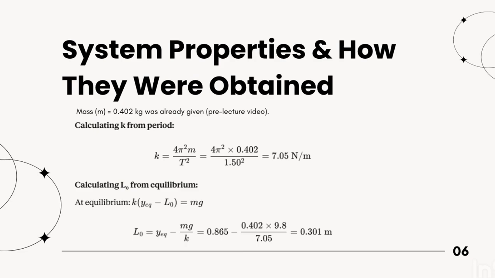Now let's discuss how we obtained each system property. The mass of 0.402 kg was provided. To find the spring stiffness k, we used the relationship between the oscillation period and the spring constant. Rearranging the spring formula gives k equal to 4 pi squared times m divided by T squared, which with T equal to 1.5 seconds and m equal to 0.402 kg gives k equal to 7.05 Newtons